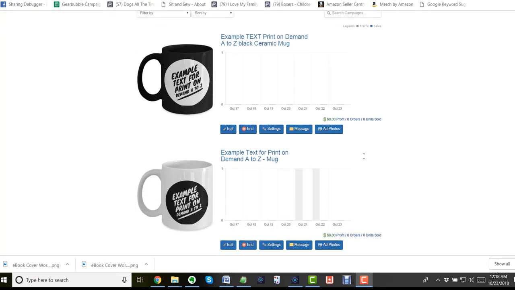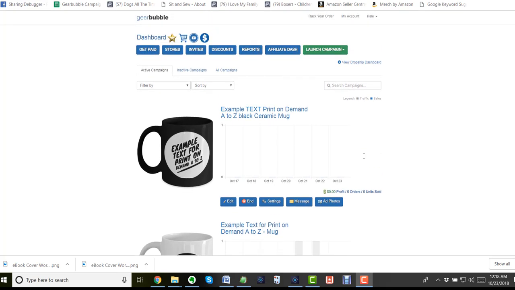And I've already uploaded these, but I'm going to now upload another set for this video and show you how you create. Now there is an ebook that goes through all of these steps with little arrows that point to each field and describe what they are, but I wanted you to get the quick overview. So I'm going to click on the green launch campaign and then hit the traditional,